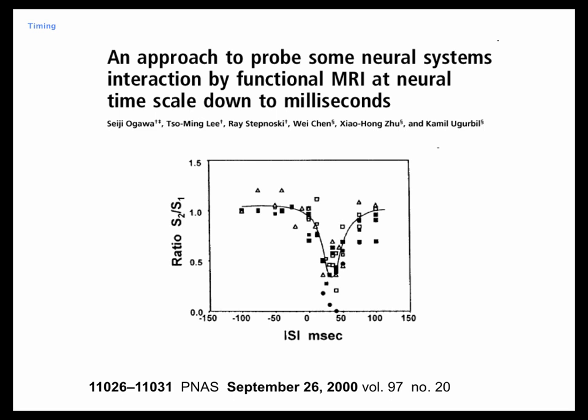Okay, the last way of pushing temporal resolution is another clever paradigm approach developed by Seiji Ogawa, and that relies on the fact that different parts of the brain inhibit other parts of the brain. If that happens, you can actually map out the speed of transmittal of the inhibitory effect. In this case, he used forepaw stimulation. With the mouse forepaw, if you stimulate one forepaw, it will inhibit the signal from the other forepaw. And if you stimulate that as well,